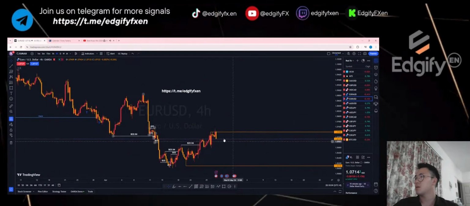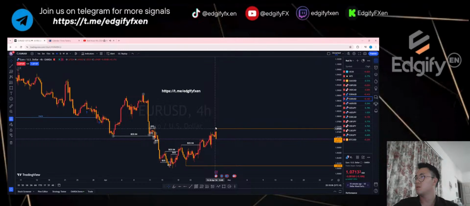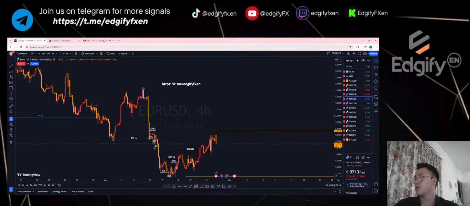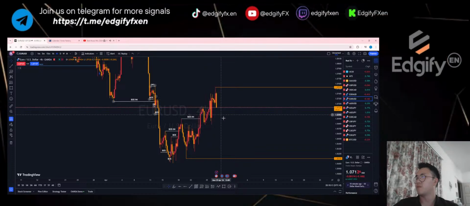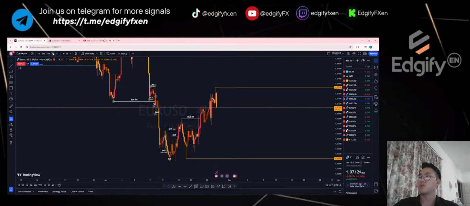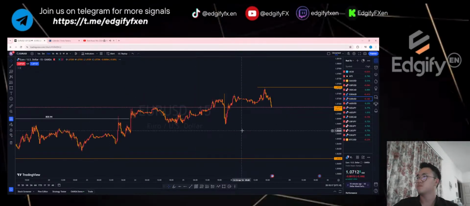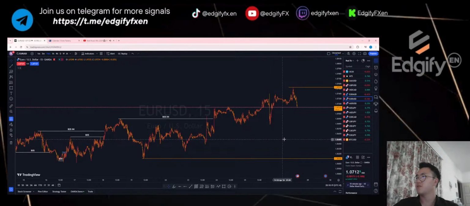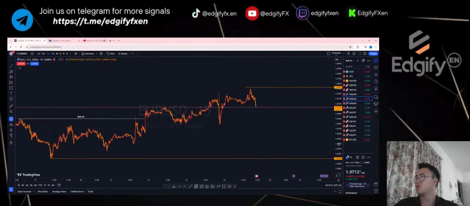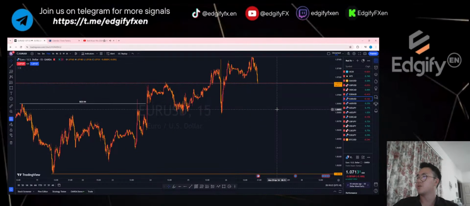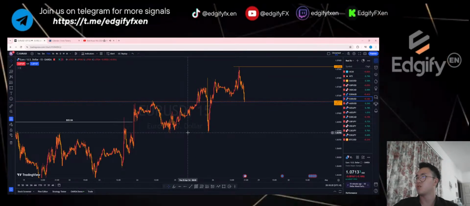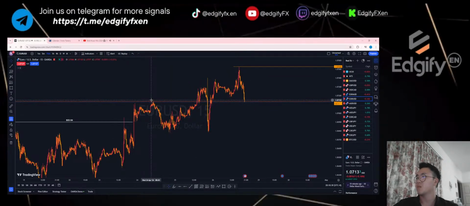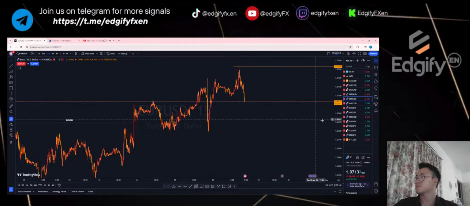Okay, Euro USD. Price is still going up. It retraced a little, but we don't have a proper retracement here. All right, so we'll wait on the hour 4. On the 15-minute, as well is still going up. All right, so we'll see if we can get something out of this later. All right.